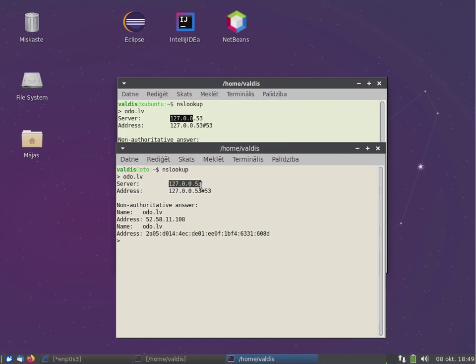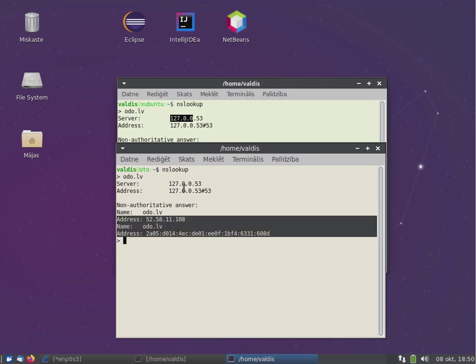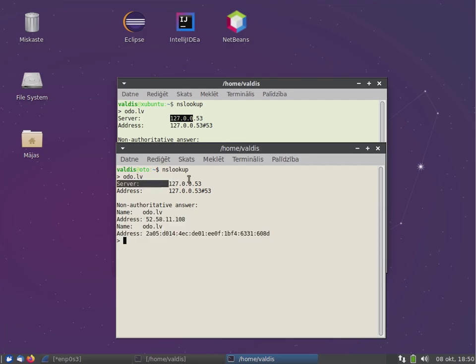Because a DNS server is not very resource hungry, usually, I don't know about BSD and macOS and other Unixes, but Linux-based operating systems have their own local DNS server locally. But what we see here is not an authoritative answer, so this means it is a cached copy of IP addresses for this name, but this server, in this case 127.0.0.x, is just some random server, in this case on my computer, which just happens to know what the IP address for this name is.